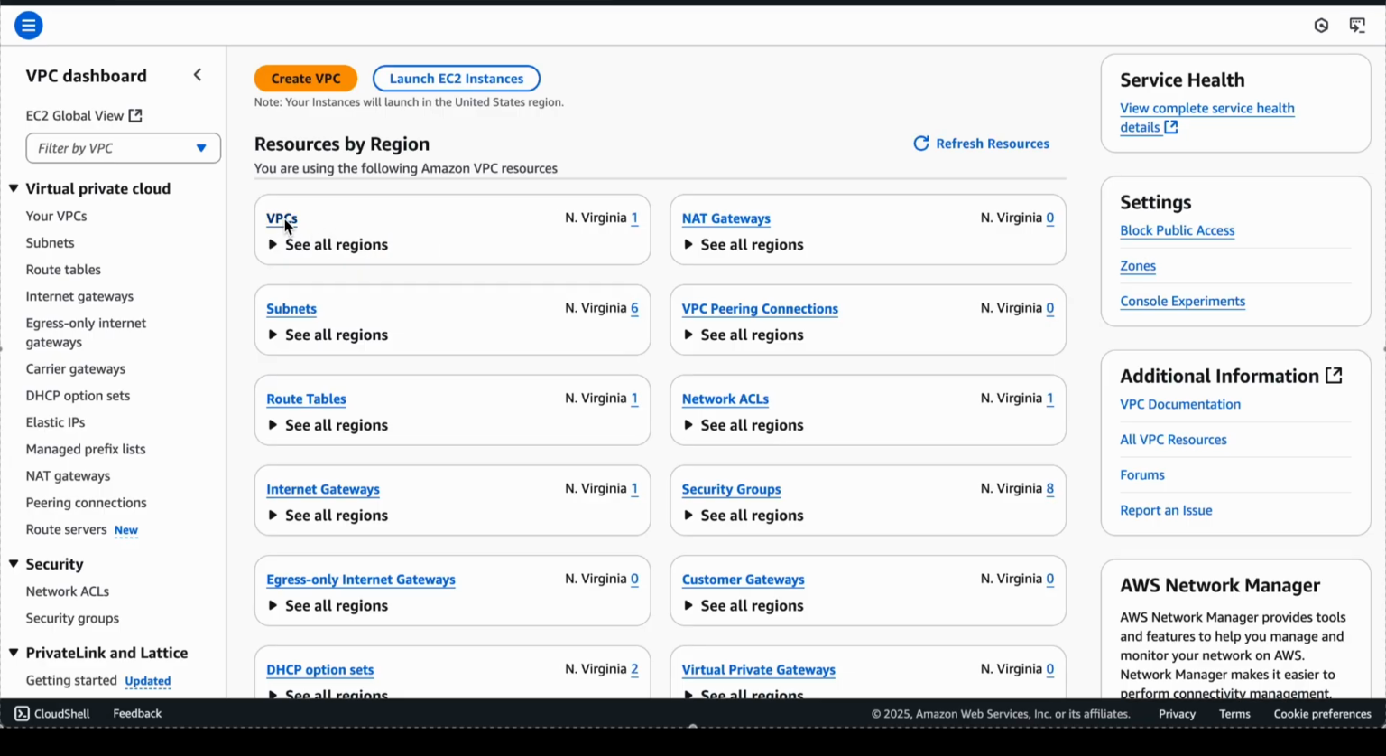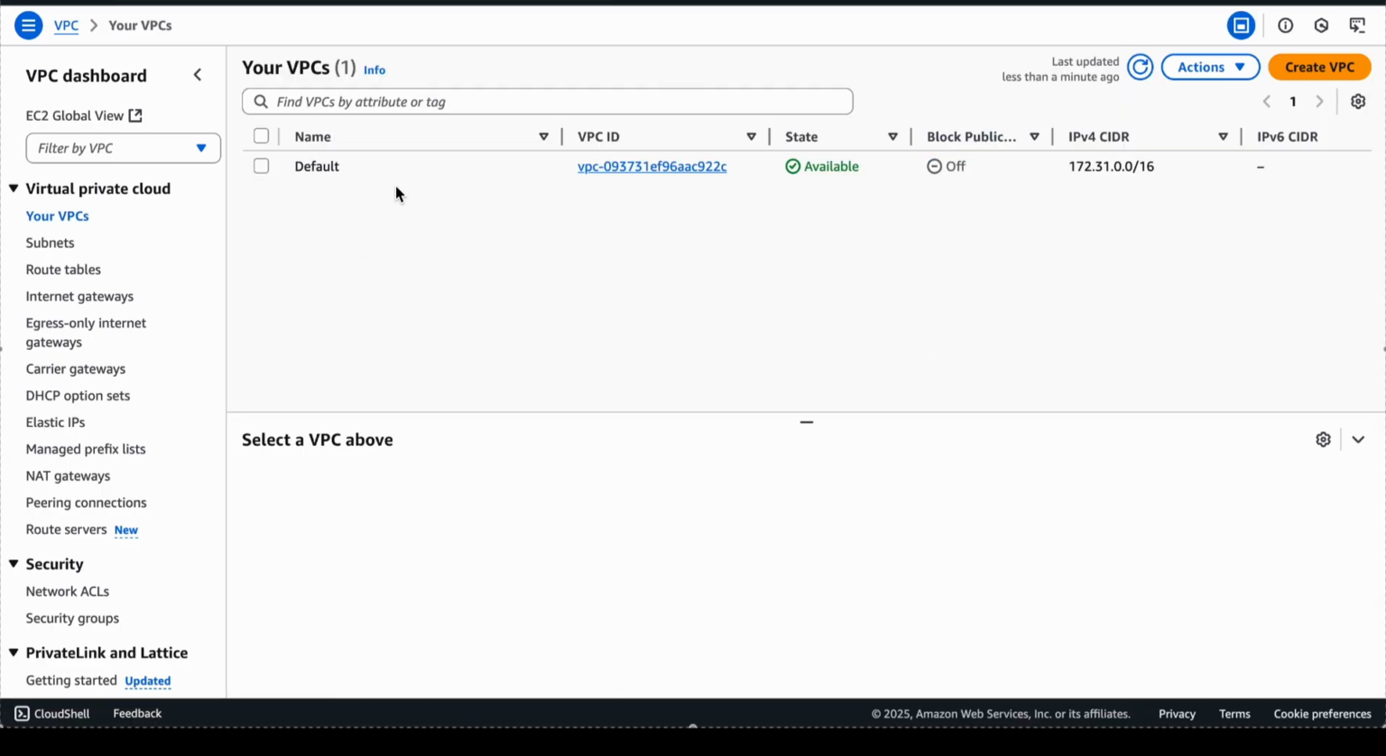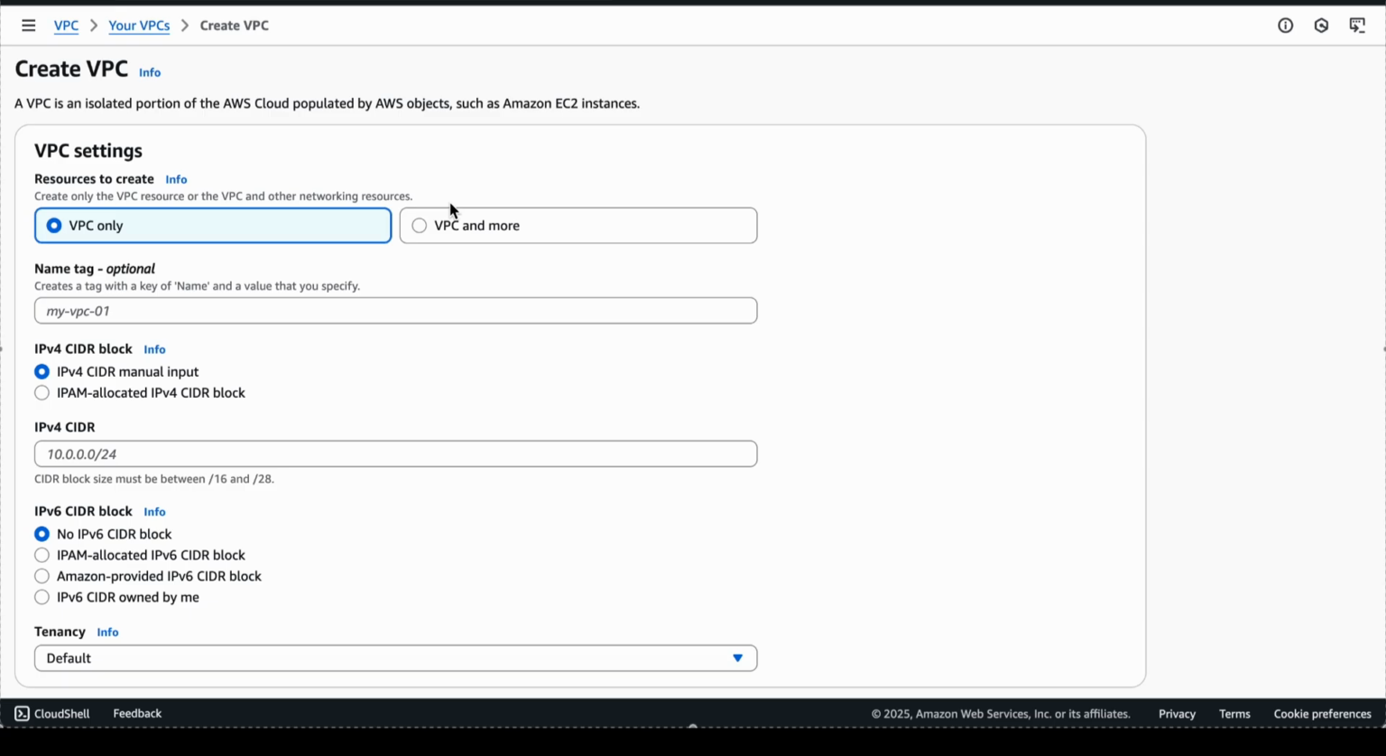And then you would click on VPC, and then you would click on VPCs, and this is where it's going to be created. As you can see, I already have one, or you might also have one. This is a default one. So yeah, click on create VPC. And then